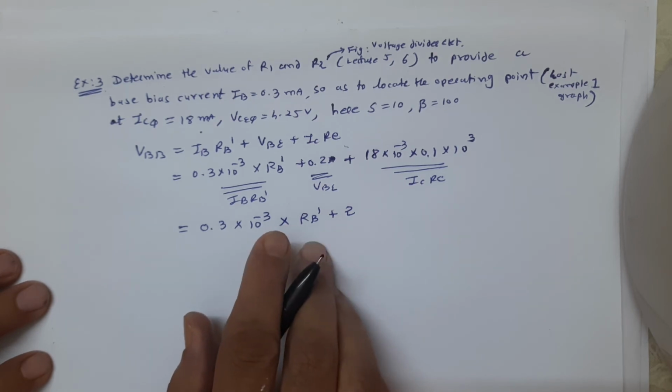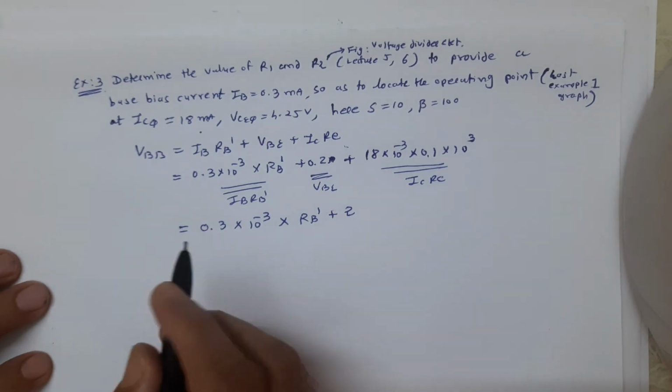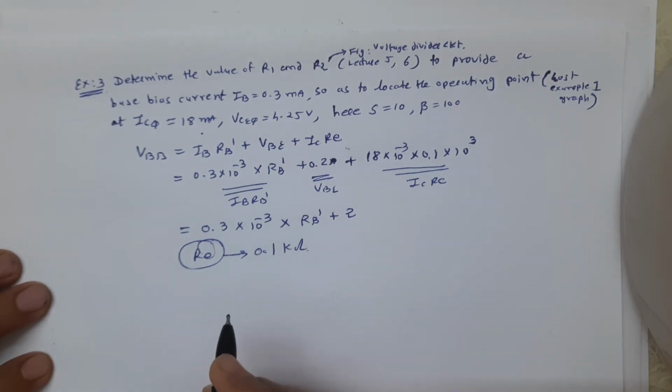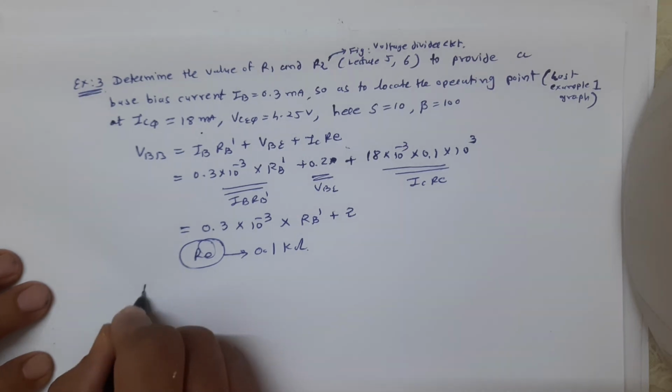Since RE has been chosen as 0.1 kilo ohm, the selection of RB dash will determine the stability factor S. When RB dash has been selected, the required bias resistors can be determined. So from the curve of S in the last example 1 against RB upon RE for beta equal to 100, a reduction of S from 101 to 10 would be accomplished by making RB upon RE nearly equal to 10. Therefore, RB is equal to